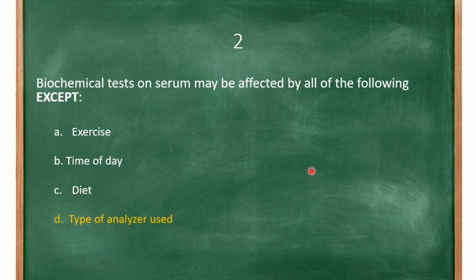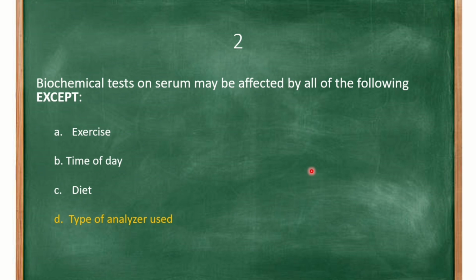Good. Time of day can also affect your serum biochemical test result. For example, cortisol is high in the morning and then goes down as you go through the day. So if you measure cortisol somewhere in the morning, it will tend to be higher than in the evening. So time of the day definitely affects